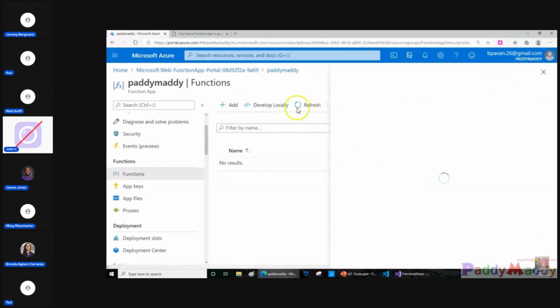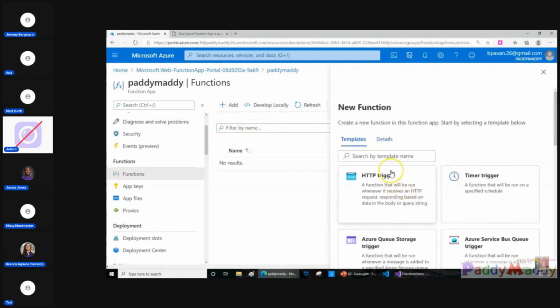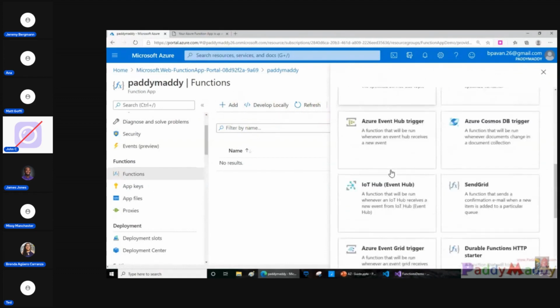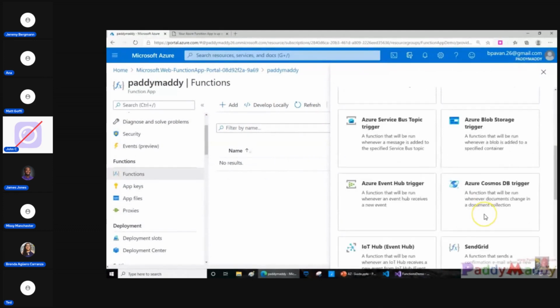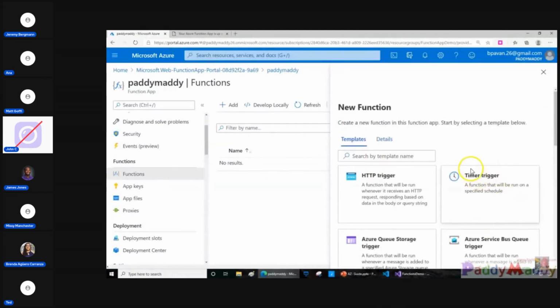That being said, let's click on the add button, and now I'm going to get different types of templates. These are the templates that we talked about earlier, like one for HTTP, one for time trigger, and another one would be for